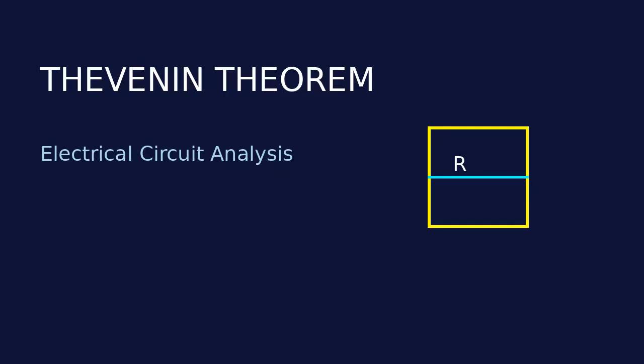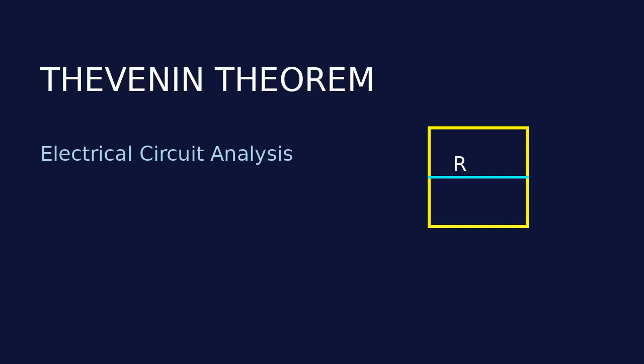The topic that touched me is the Thévenin theorem. The Thévenin theorem allows us to simplify a linear power grid between terminals A and B into a much simpler equivalent circuit consisting of a single voltage source in series with a resistance. To analyze a circuit with a minimum of two independent sources using Thévenin's theorem,